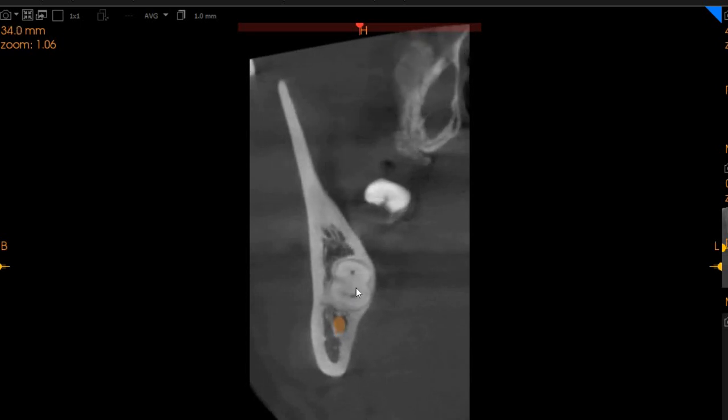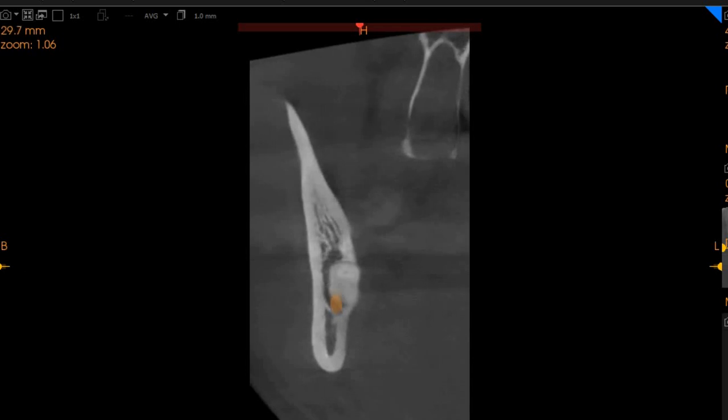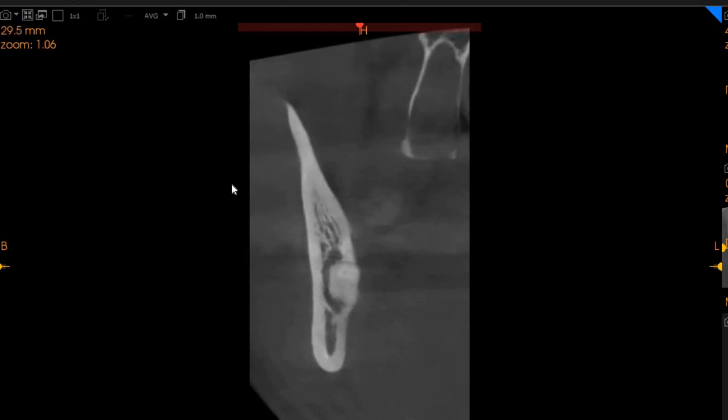Moving towards the roots, you can see the mesial root is very close in association with the inferior alveolar nerve canal, and at the apex level, at the apical one third, you can actually see that the nerve canal gets compressed by the wisdom tooth. This is the wisdom tooth on the lower right side, the mesial root, and then here you can see that the inferior alveolar nerve canal gets compressed by the